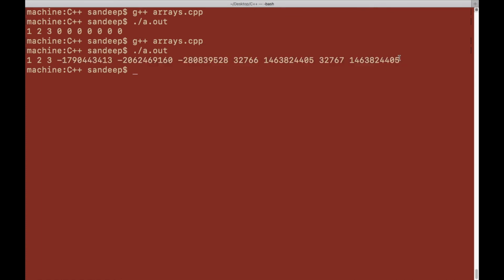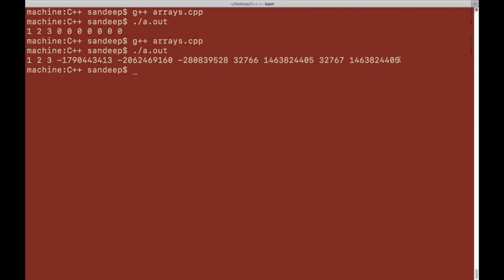So this is a very important thing. There is no bound checking in C++ or C. That's why the array is not stopping you from accessing elements outside the array. Clear? So this is one of the reasons why C and C++ are very quick in execution, but you have to keep this in mind and limit the access of the array to its boundaries, because if you try to access the array outside its boundaries, sometimes it might access someone else's memory, and that could cause problems, right?